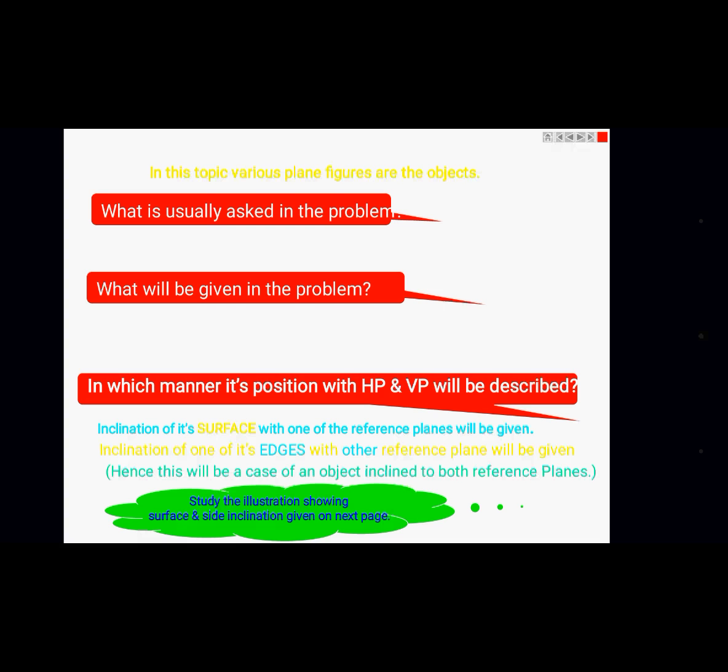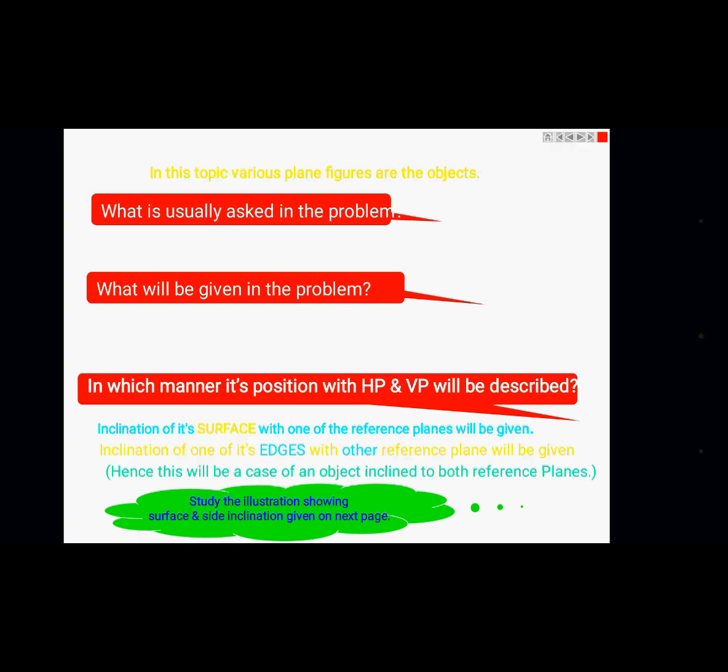While in the third step, if it is a HP resting lamina, VP angle will be covered, and if it is a VP resting lamina, HP angle will be covered. In the third step, the HP or VP angle will be either with reference to the resting corner or resting edge, or with reference to the median of the lamina. We'll take that up when we take up those types, type 1, type 2, type 3. We'll have a detailed discussion on it.